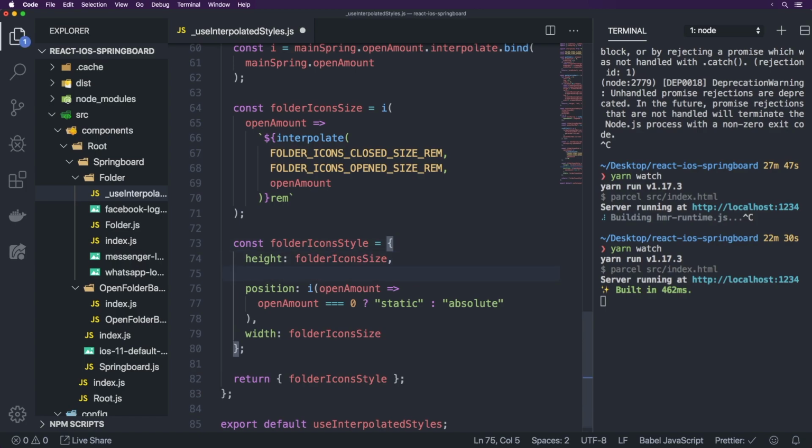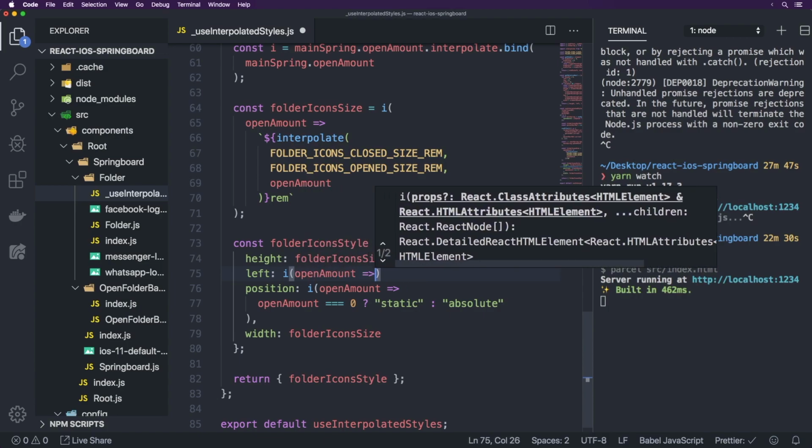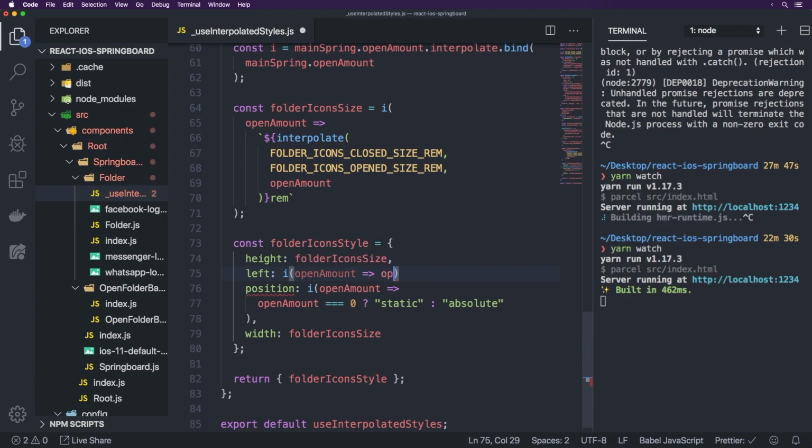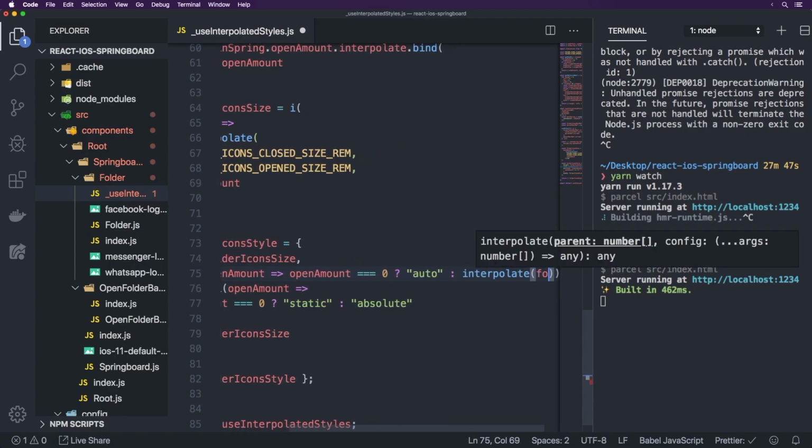So we're going to write left I open amount. As always, we started off like this. And what we're going to do is if open amount is exactly equal to 0, then we don't need to specify a left value. So it can just be auto, which is the default value. However, if it is not, then we interpolate from folder icons